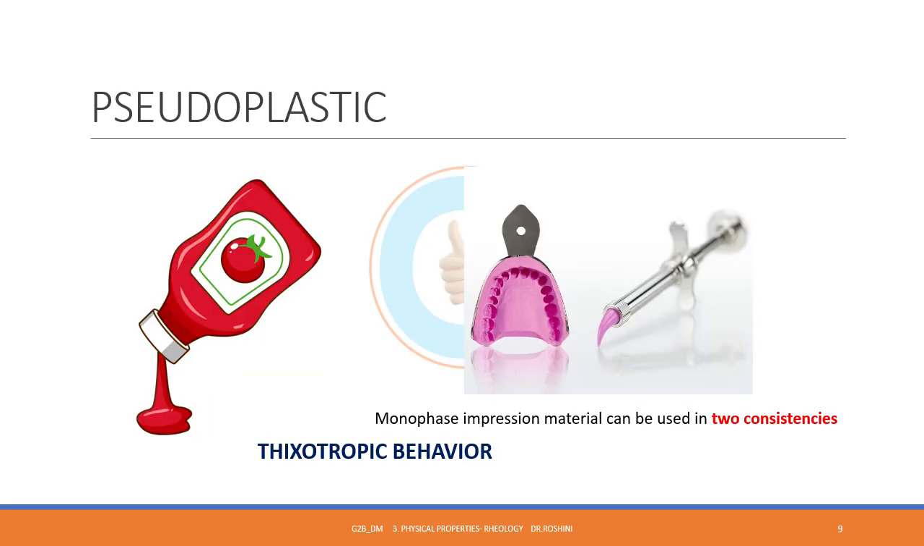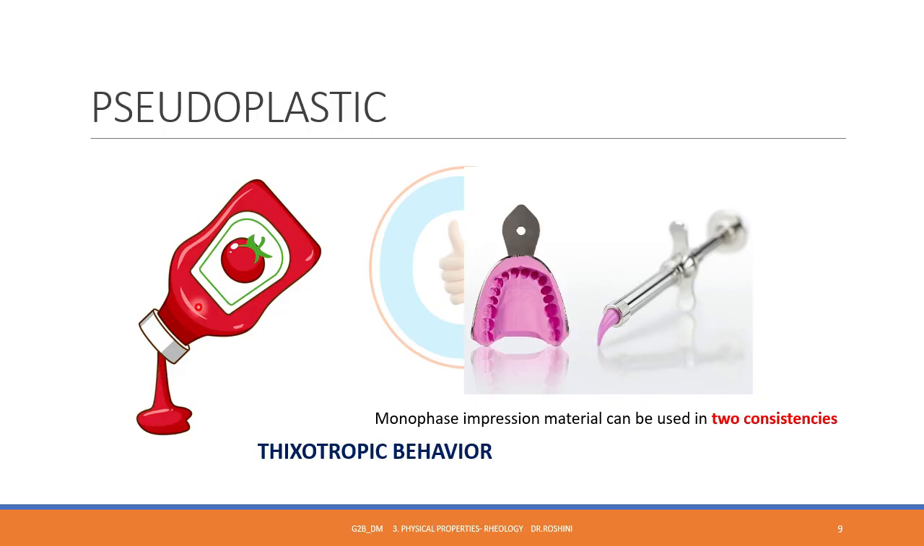Next property is pseudoplasticity. What is the meaning of pseudoplasticity? I always want you to remember the word shear thinning whenever you remember pseudoplasticity. As I have mentioned in the initial graph, you can consider the example of your ketchup bottle, where the ketchup within the bottle is slightly thicker when you compare to that of the ketchup which is being dropped in the